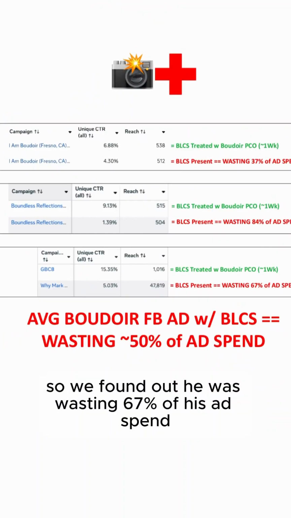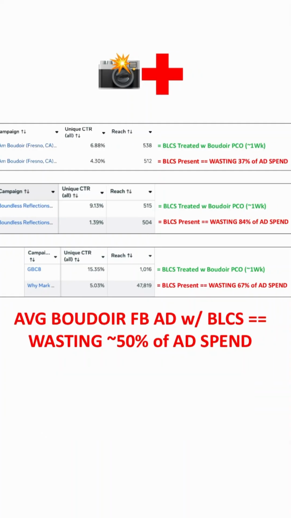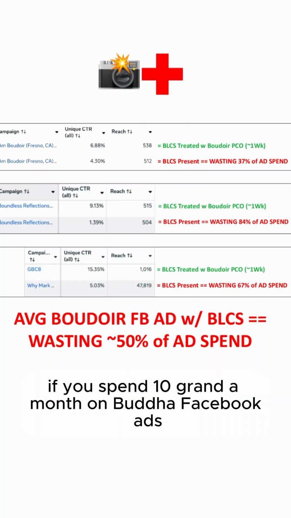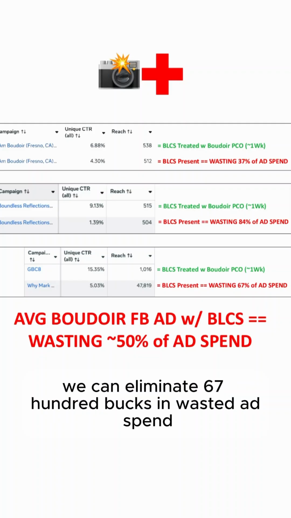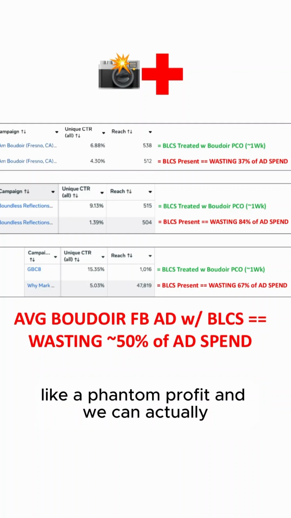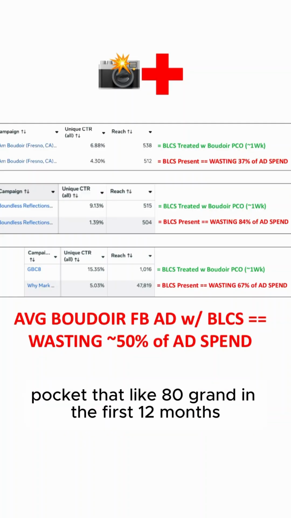So we found out he was wasting 67% of his ad spend with that original one. So now, if you spend 10 grand a month on Boudoir Facebook ads, we can eliminate 6,700 bucks in wasted ad spend, keep that as, again, like a phantom profit. And we can actually pocket like 80 grand in the first 12 months